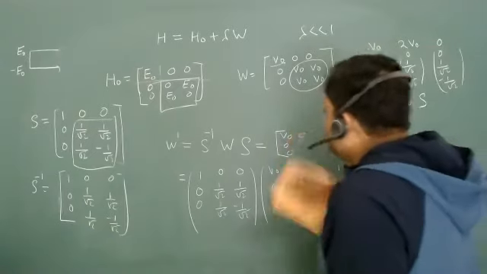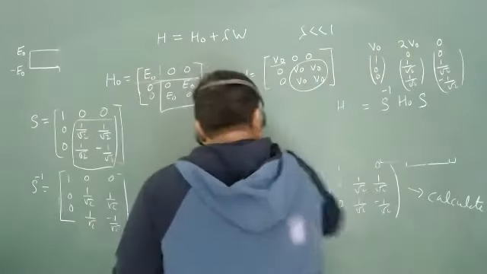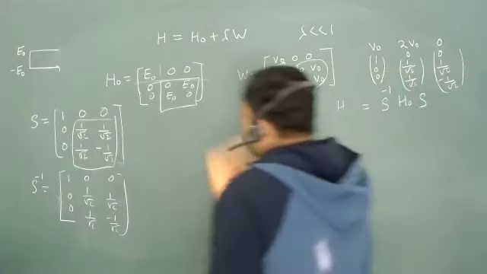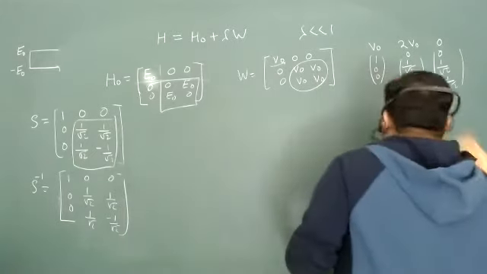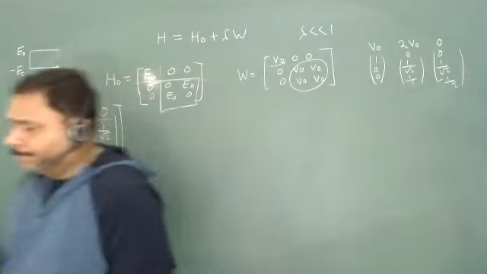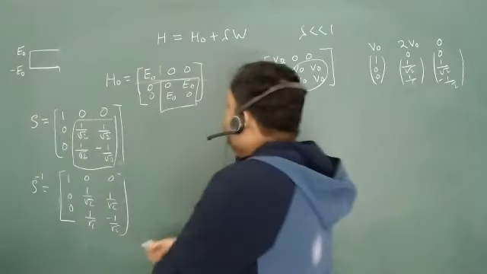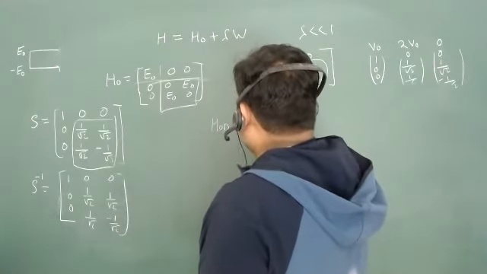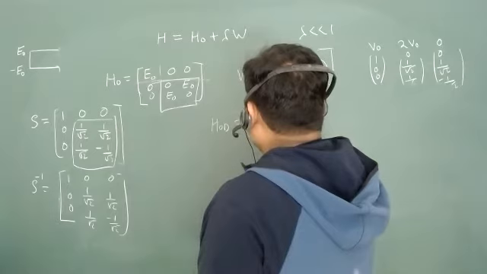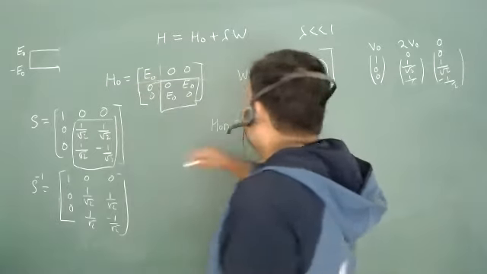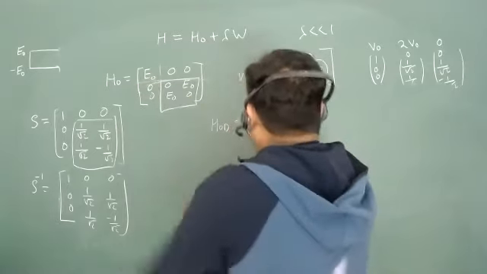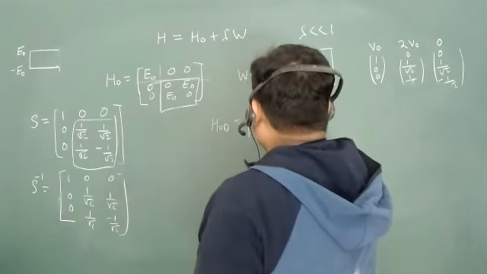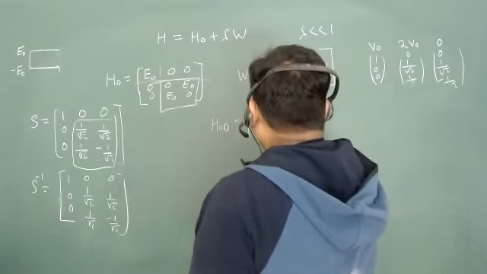Okay, so what we have, we are lucky such that we diagonalize H0, and this value is basically E0 0 0. It is not going to disturb because I have chosen the S matrix in a very smart way, and this is E0 0 0 minus E0 plus lambda, and this is my W dash.